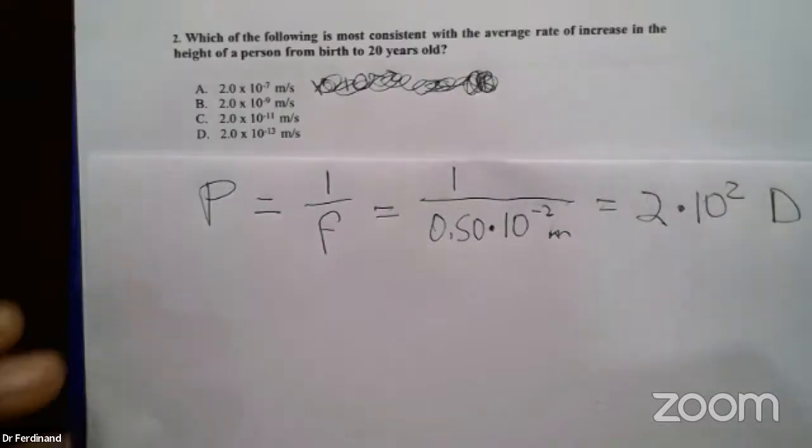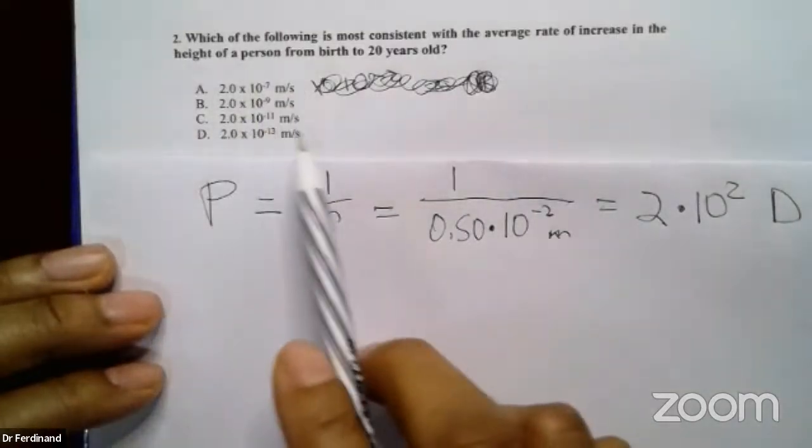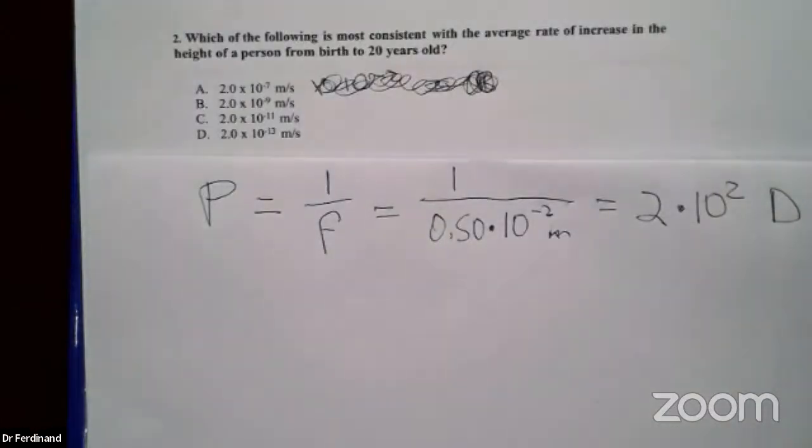But what I can do is start with one of these and see what it gives me. Because if it gives me a person who is 100 meters tall, obviously that doesn't happen. There's no human being who's 100 meters tall. And if it gives me an answer that's 1 centimeter of growth during that period for an average person, I know that's also absurd. So I'm just going to look to see which of these answer choices can give me something that is plausible.